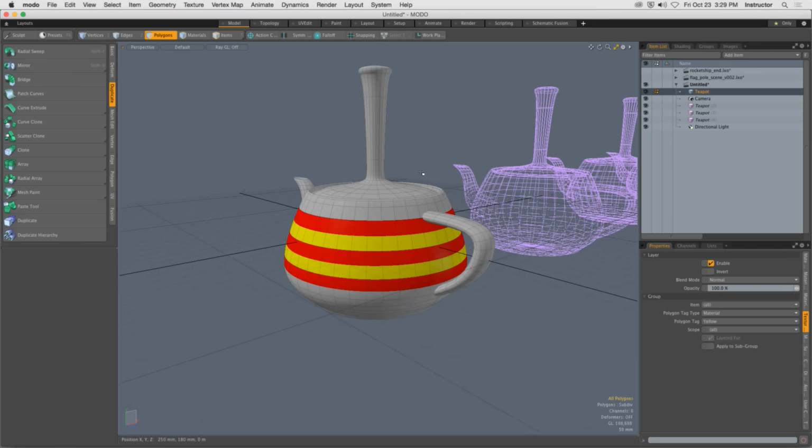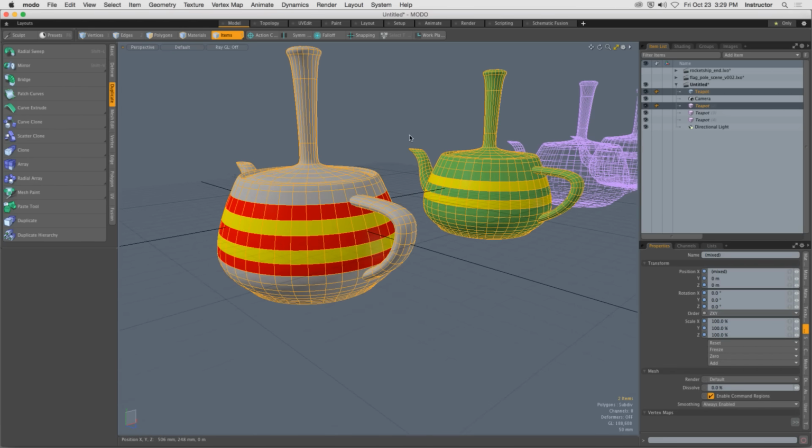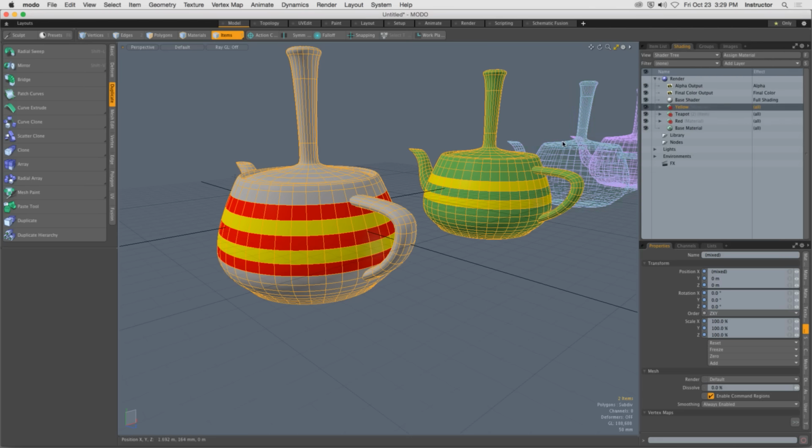Okay, so there we go. I've made changes to the original. Interesting, huh? Yeah. Shading and working with instances can be a little bit tricky,